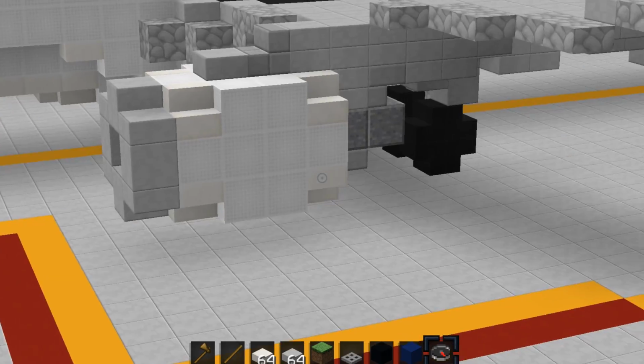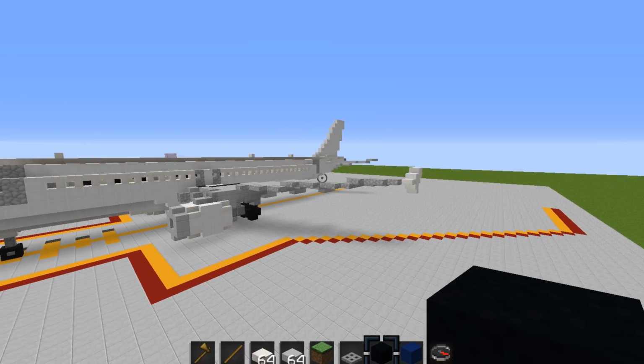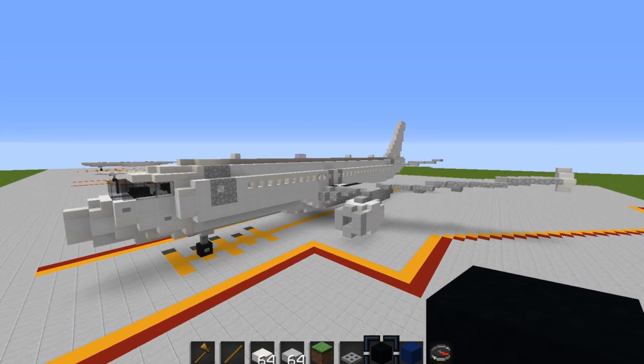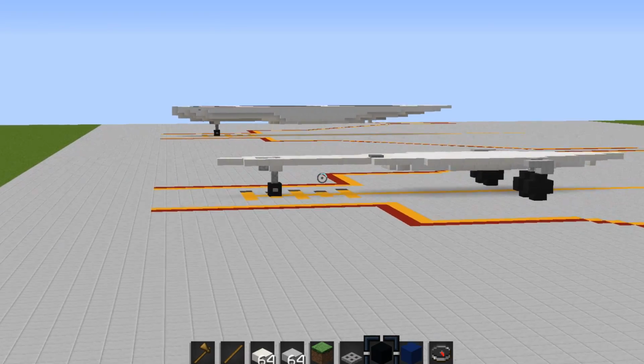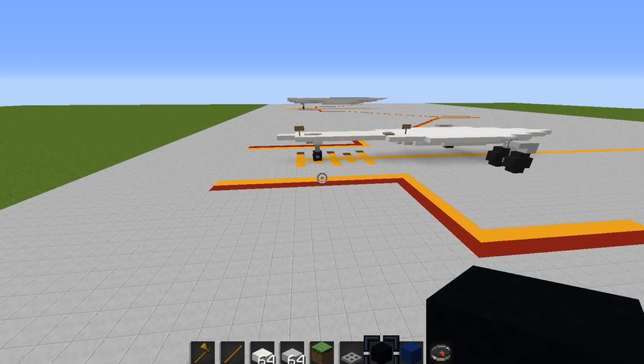Now, this is the CFM variant with the normal wingtip fences. I'm going to show you how to make this and the Sharklet and IAE variant. So let's get started. Now for our first layer right here, as you can see, I'm doing a lot more in one layer